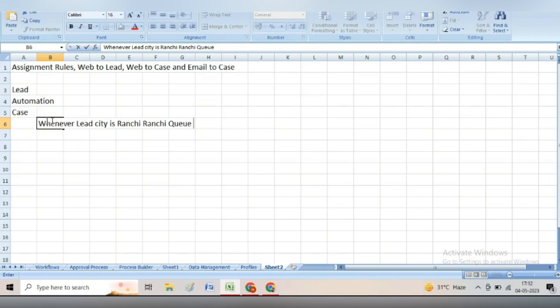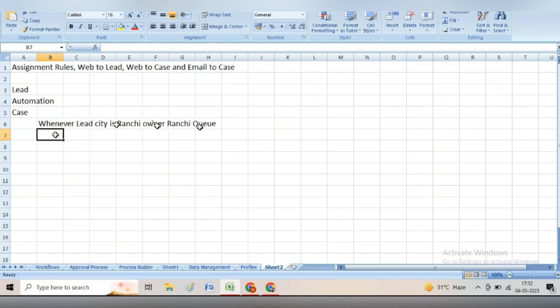So whenever the lead city is Ranchi, I want the owner to be Ranchi Q. So this is a case, and you can assume it as a criteria also, right? So this is considered to be a criteria. So the criteria is whenever the lead city is Ranchi, it will take Ranchi Q